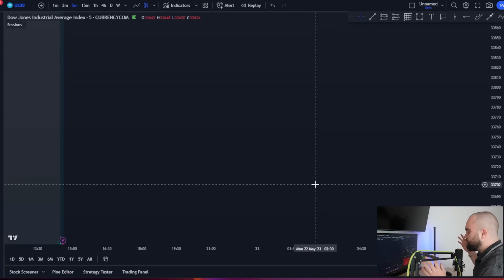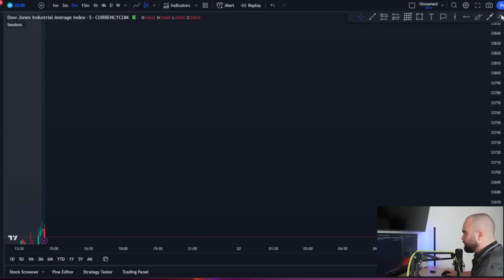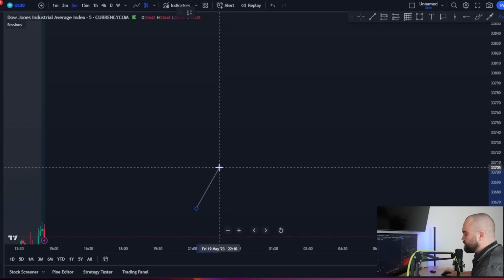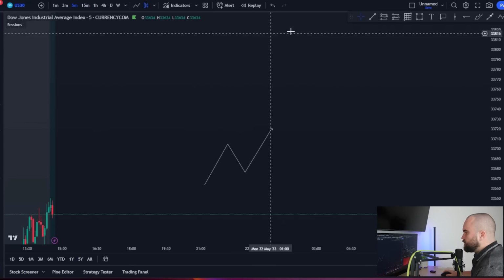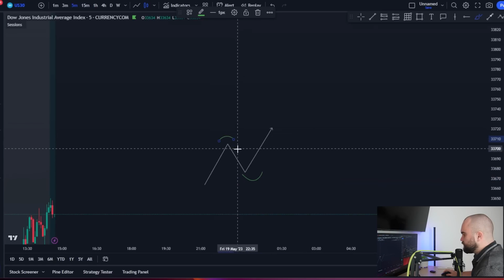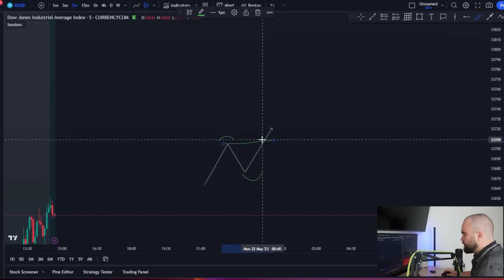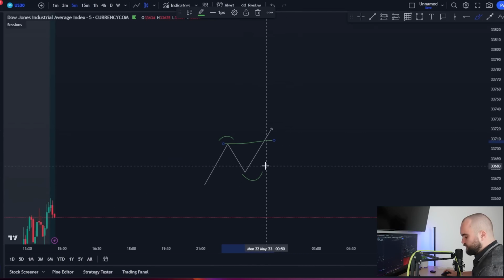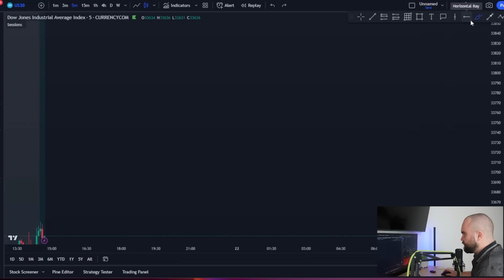We need to understand fractal structure, okay? Now, fractal structure is just small little movements in the market. Now, all fractal structure is essentially this. You can only confirm a low when a high is broken. Okay, so here the high is broken, this is the low. Okay, so this low is confirmed when the high is broken, and that's pretty much all it is. Now, if price continues to break,